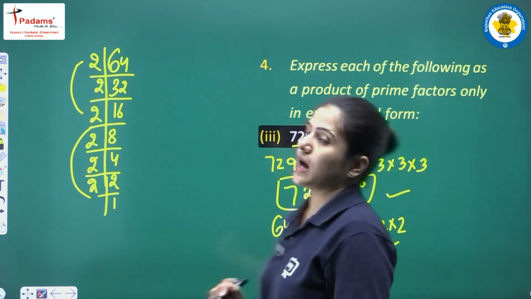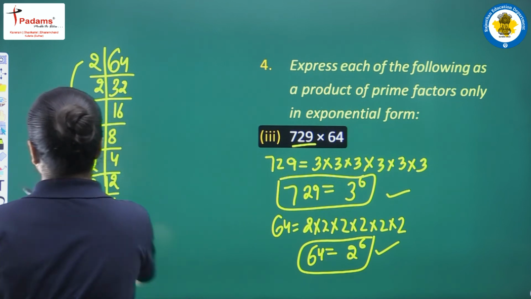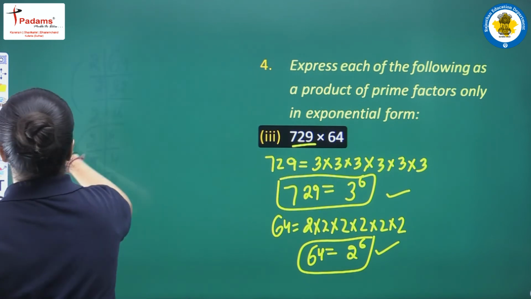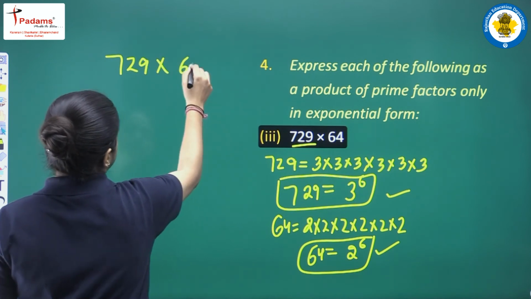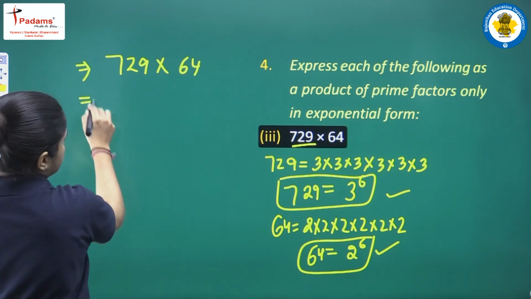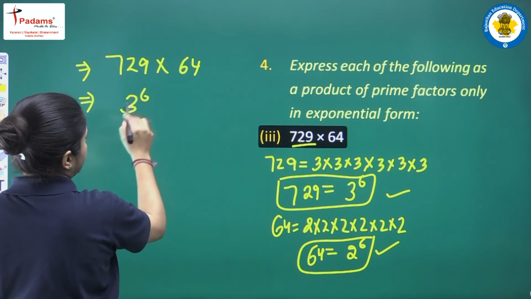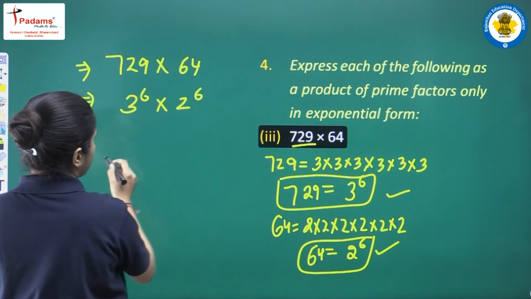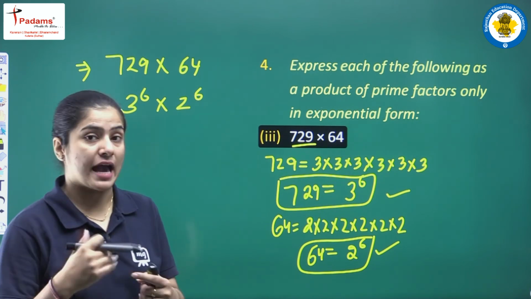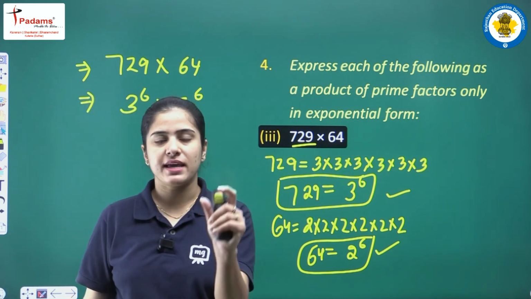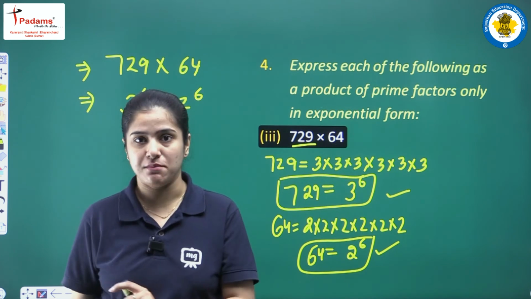All right students, ab humne ye dono cheezein dikha di hain, theek hai? Ab dekhiye question kya hai, 729 into 64. So students, we can have this as 3 raised to power 6 into 2 raised to power 6. Now have a look students, the exponents are same but the bases are not same. We have a law as well. If the bases are different but the exponents are same, then what we do,